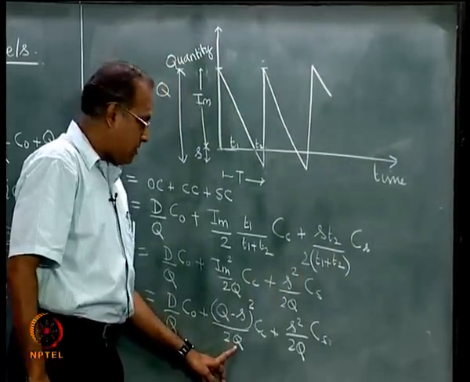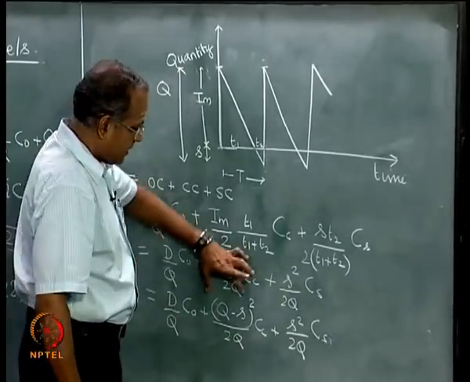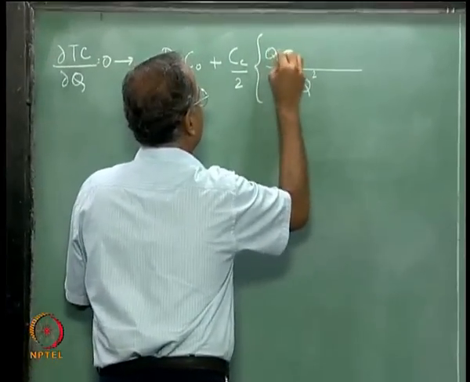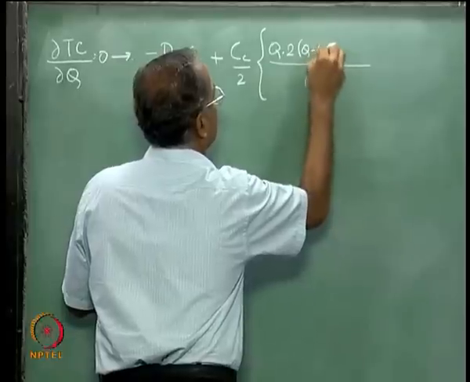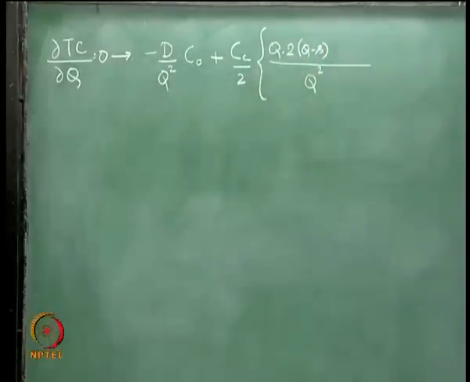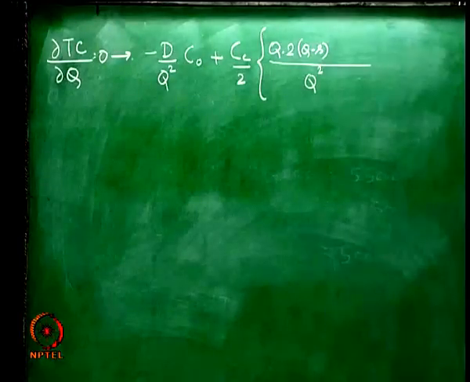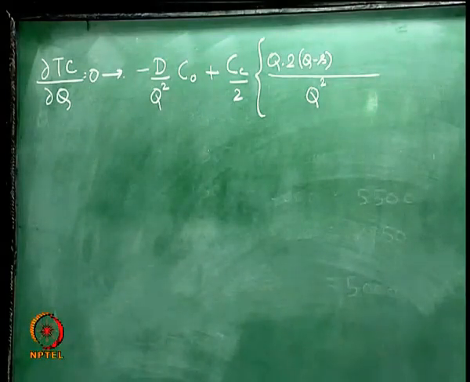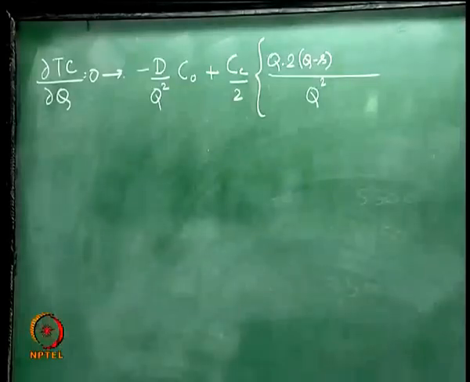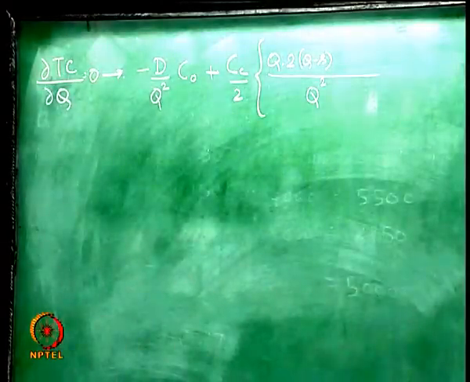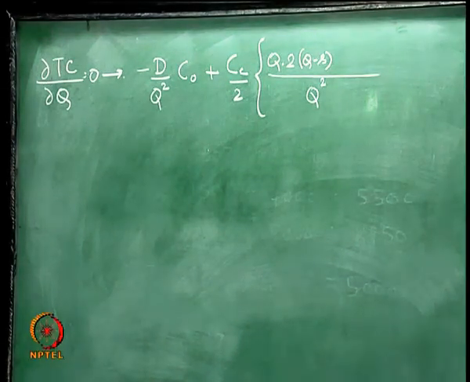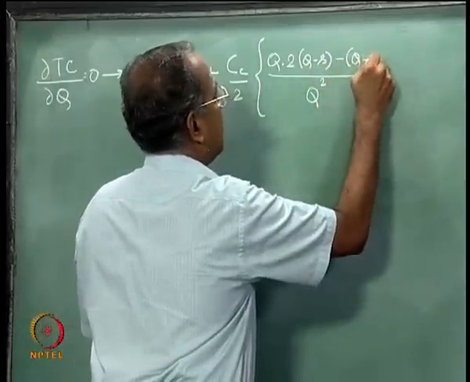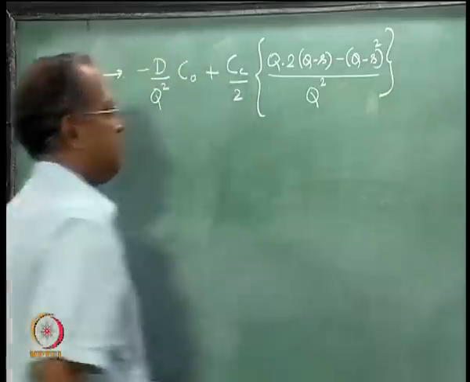V du, so this is q into differentiation of this. So, q into 2 times q minus s is what we get, 2 times q minus s into 1. We differentiate this q, you get 1. So, v du minus u dv, q minus s the whole square into differentiation of this q which is 1. So, minus q minus s the whole square is what we have here,